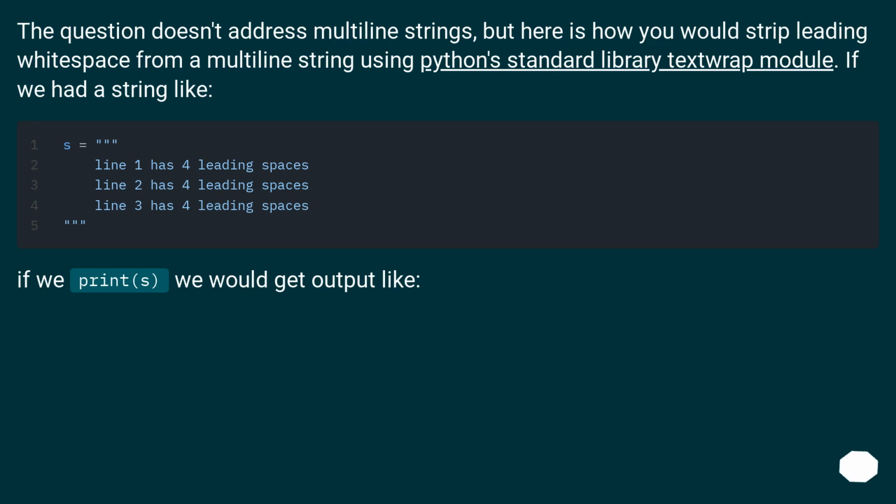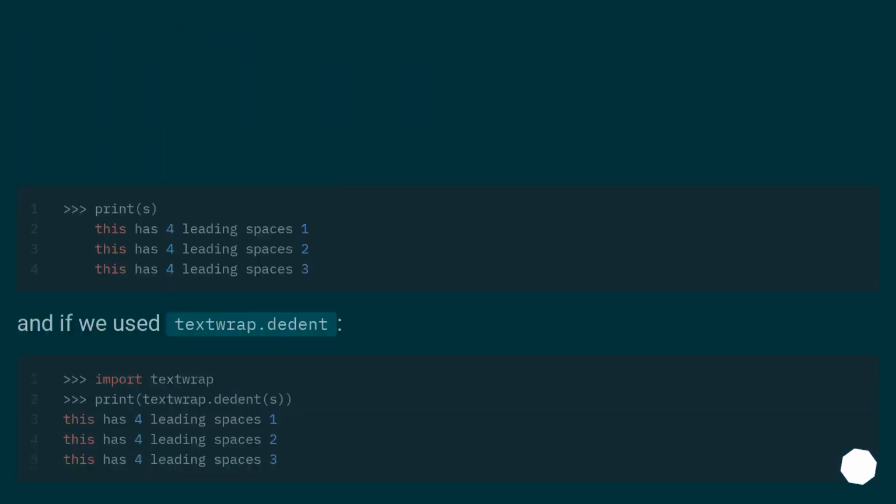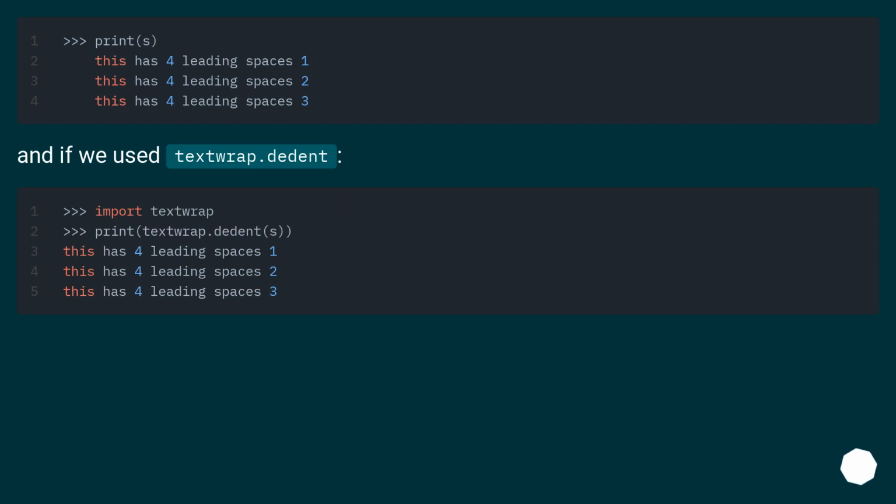The question doesn't address multi-line strings, but here is how you would strip leading whitespace from a multi-line string using Python's standard library textwrap module. If we had a string like, if we print, we would get output like. And if we used textwrap.dedent,